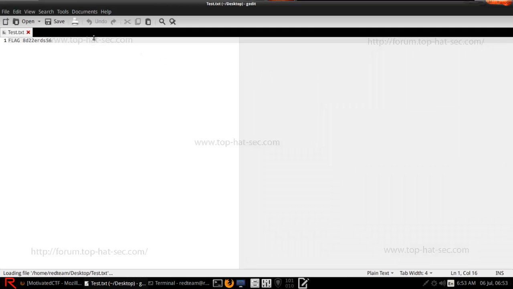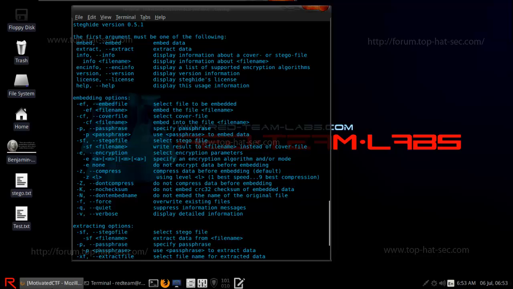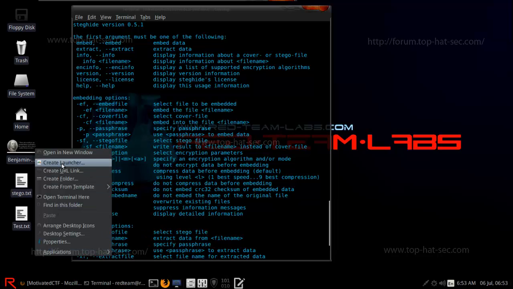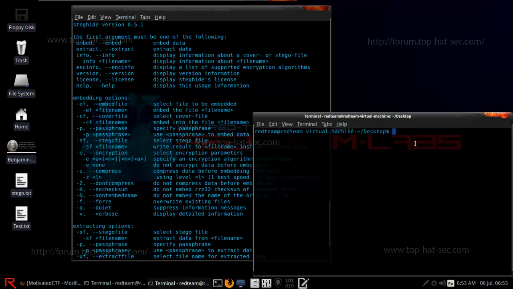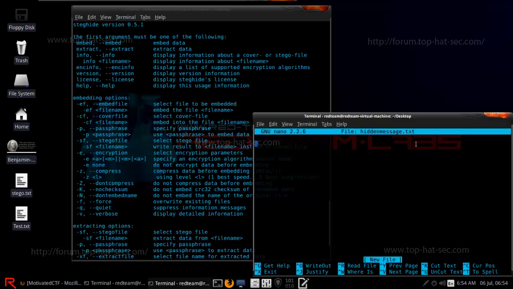Plain text document. Let's go ahead and open it up. Now, because this is not the original, I better not do that. So I'm going to go ahead and open terminal here. I'm going to create a text file. Hidden message. And this created the text for me. So I'm going to go ahead and put, this is a hidden,